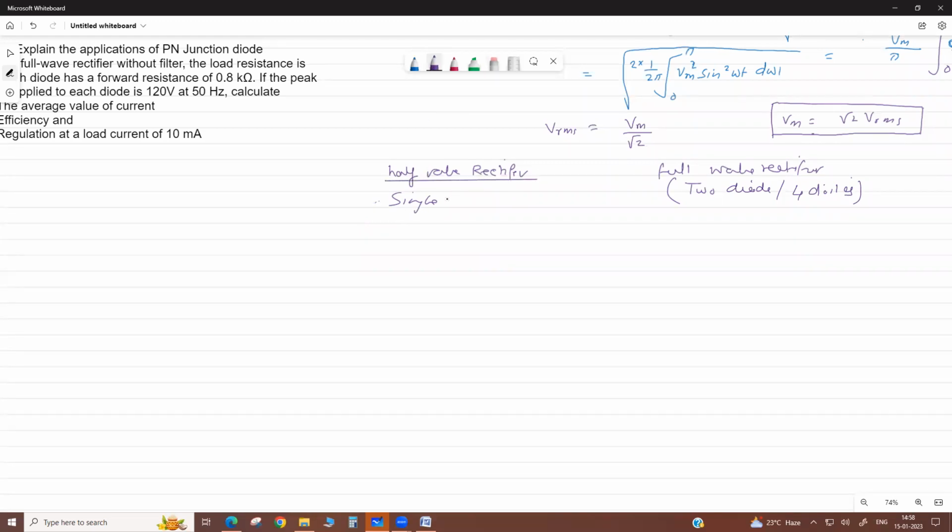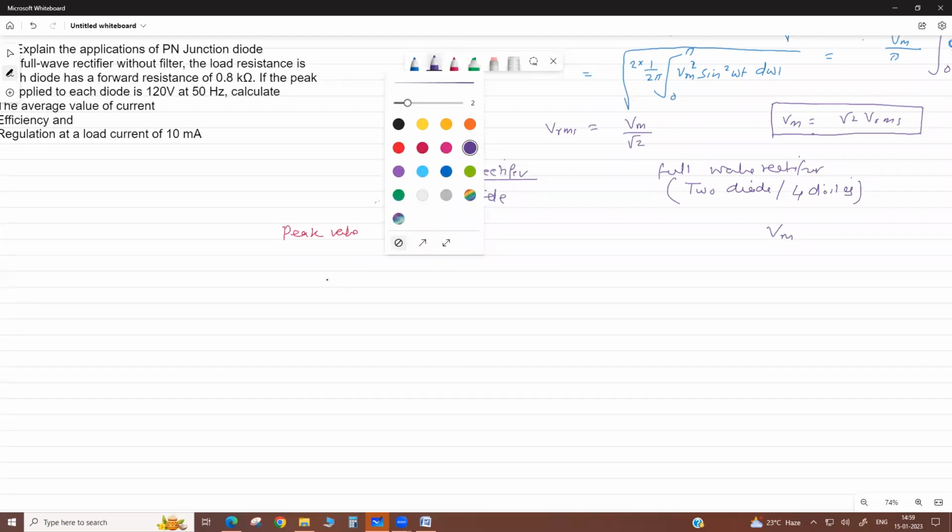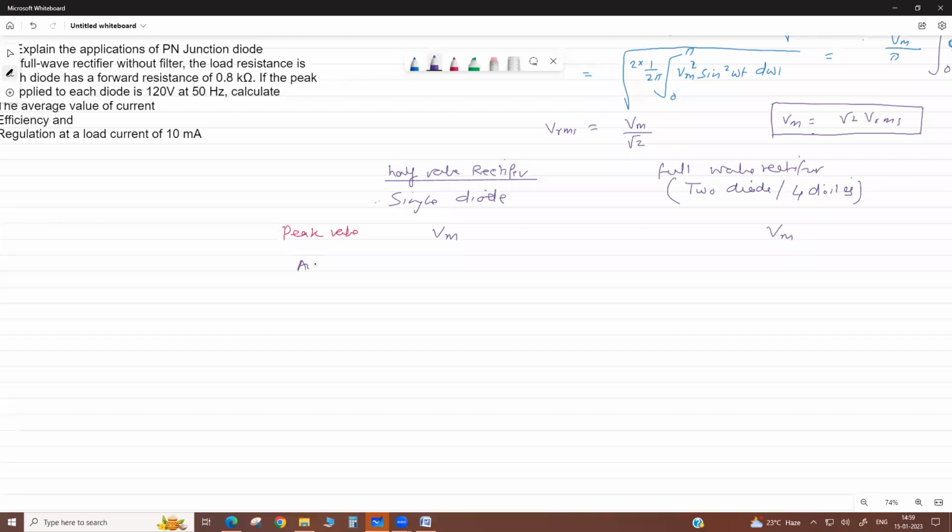In a half wave rectifier with single diode, if we calculate here, the peak value is the same in both, because if we neglect the drop, then the peak value of voltage is the same here. Then if we calculate their average value,